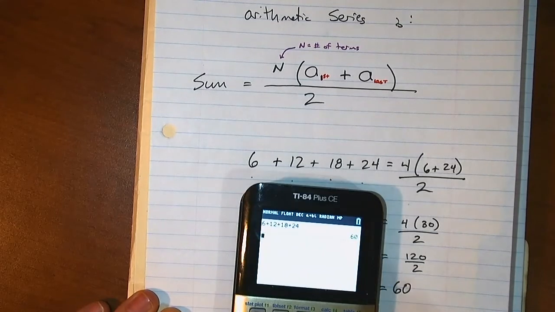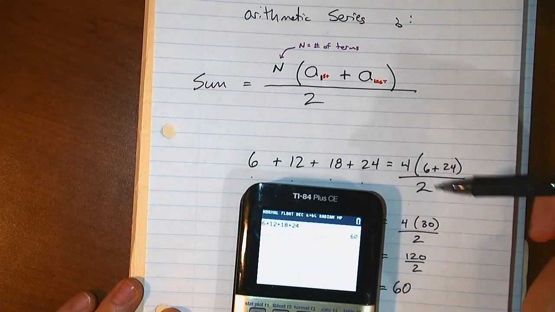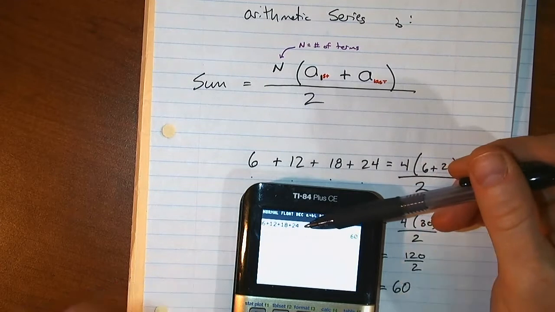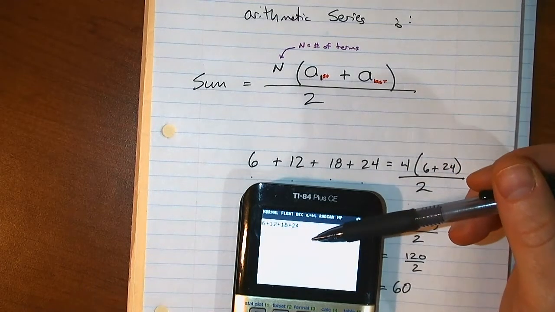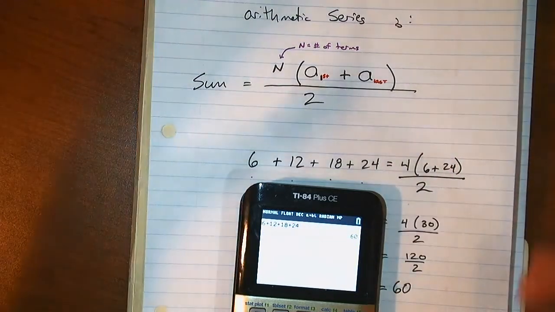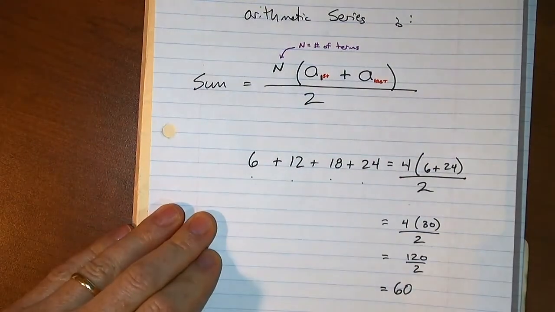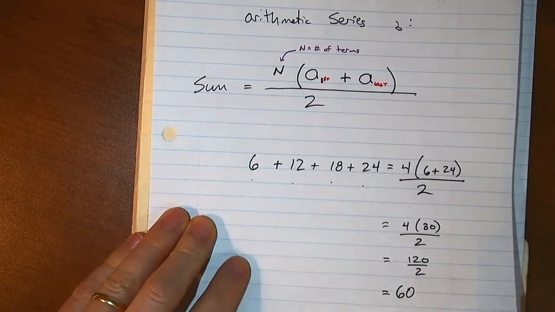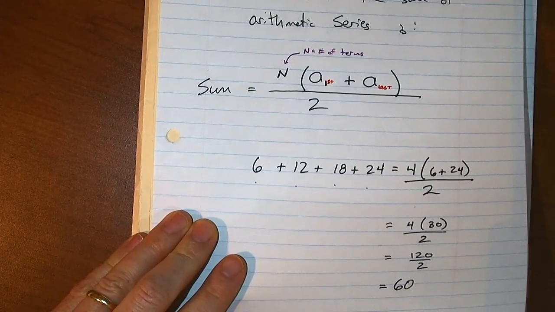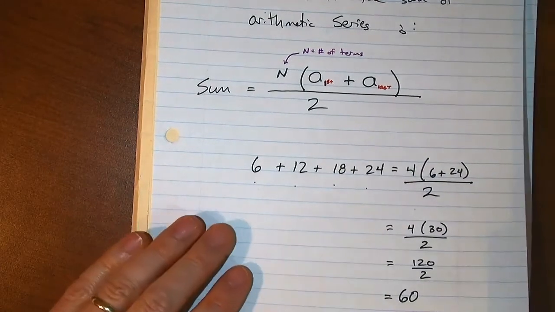Okay. Now, with only 4 terms, you might be thinking, isn't it faster and easier just to type it into my calculator? And the answer is yes. Yes, it is. So let's talk about why would I use this, or when would I use this? We would use this when we have more terms, when we have lots of terms. So let's suppose